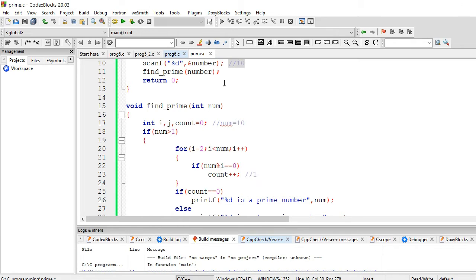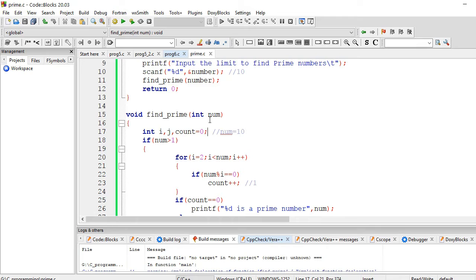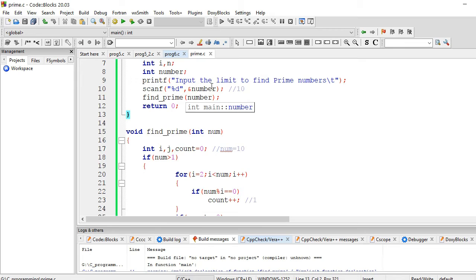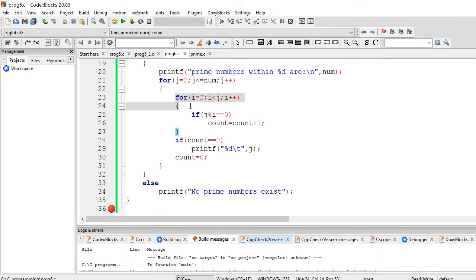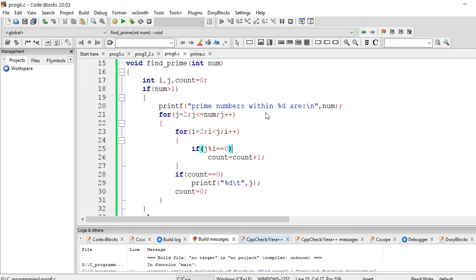This program can only find whether a given number is prime or not, but not whether the smaller numbers are prime. So we will slightly modify the program. The logic is basically the same; this loop and the prime-finding logic are the same.